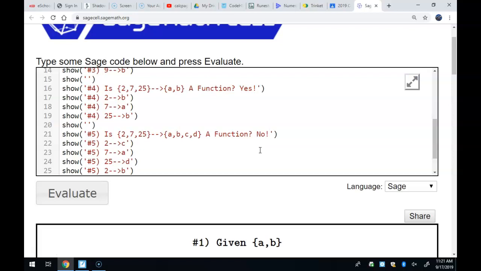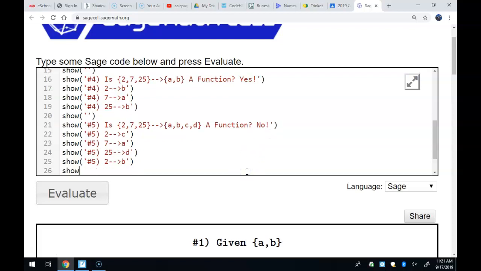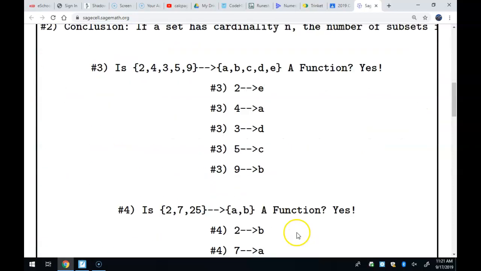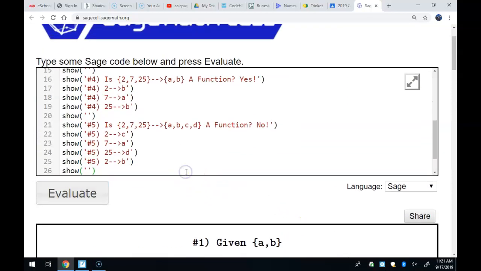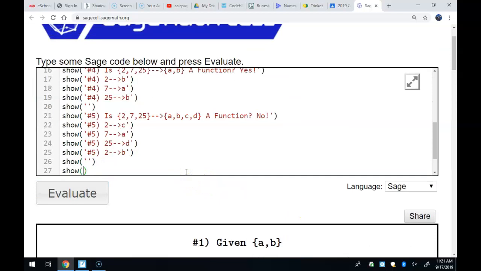And then number 6, can you map the set of all integers to 3 outcomes? Let's see. So let's do a blank show. By the way, this number 5 looks okay. Yep. Okay. So show number 6. Let's map the set of all integers